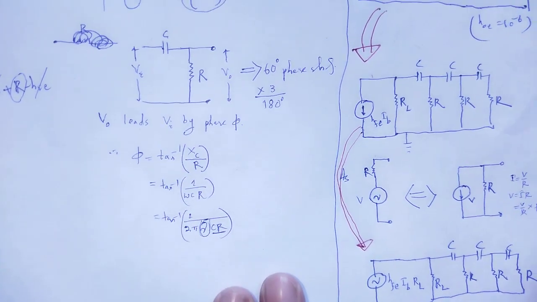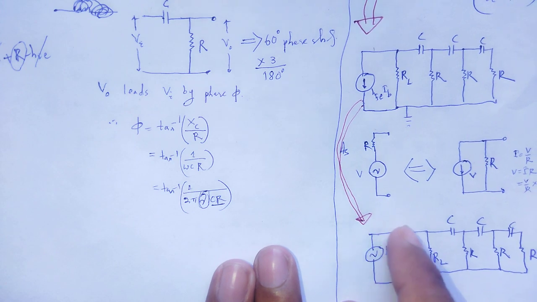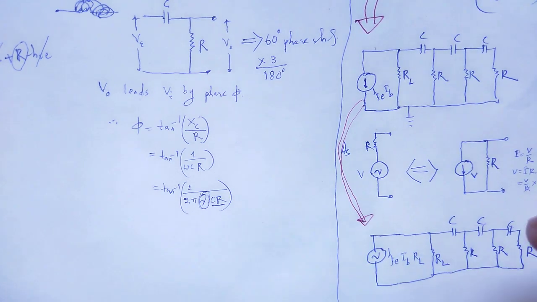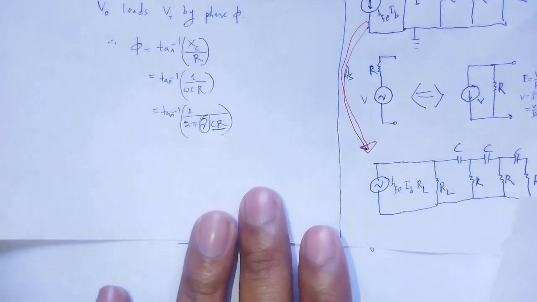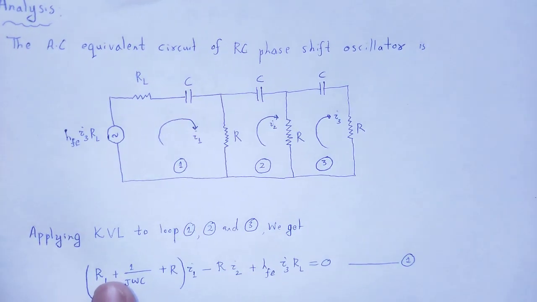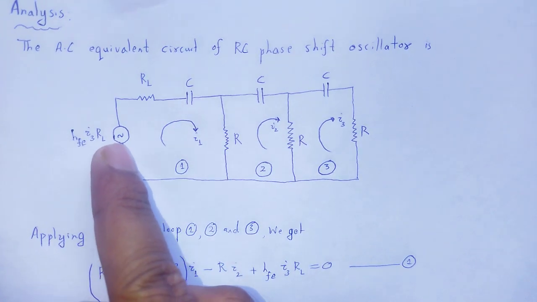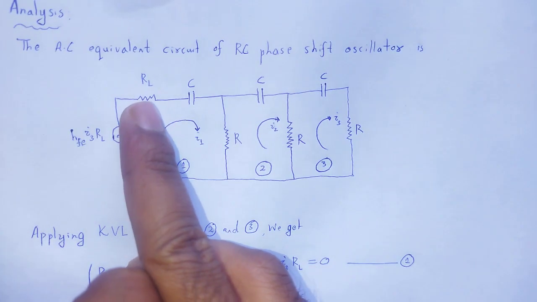In the exam, you can start the analysis by taking that circuit. Let me start analyzing it. Analysis: the equivalent circuit of the RC phase shift oscillator, with the voltage source, load resistance,